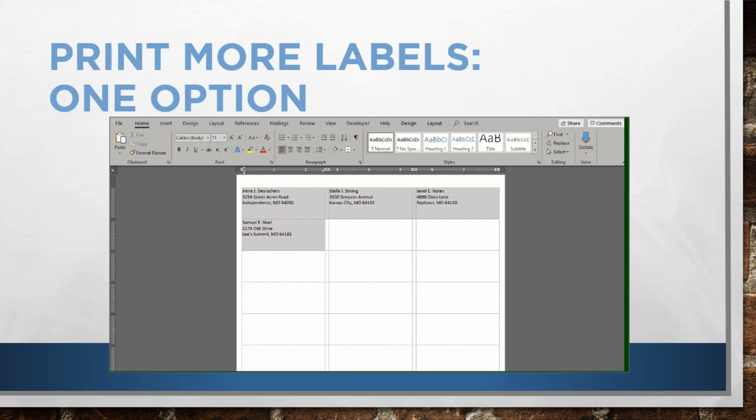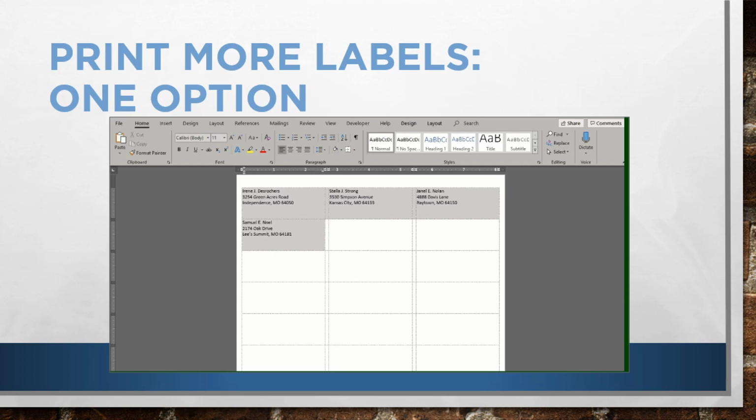First of all, just a word of caution. Eventually, the heat starts getting to the sticky part of these labels. So I've heard recommendations of not reusing label sheets more than 2 or 3 times, but this would just be a second time. So if we want to print a second copy of the labels that we have printed here,